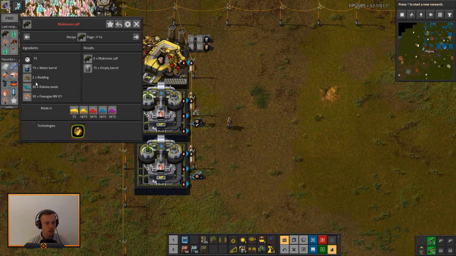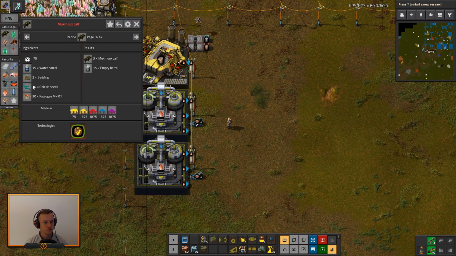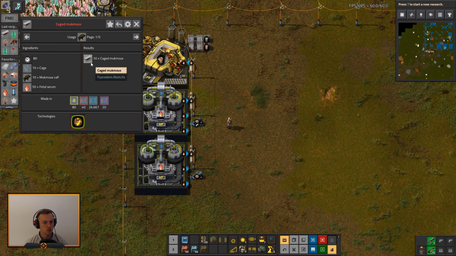Because there's this one, the calf one, I'm guessing. Yeah, just need bedding for that one. And then we should be good. And bedding, I was actually quite close to making that at some points. And then I kind of forgot. The calves, I can use that to...